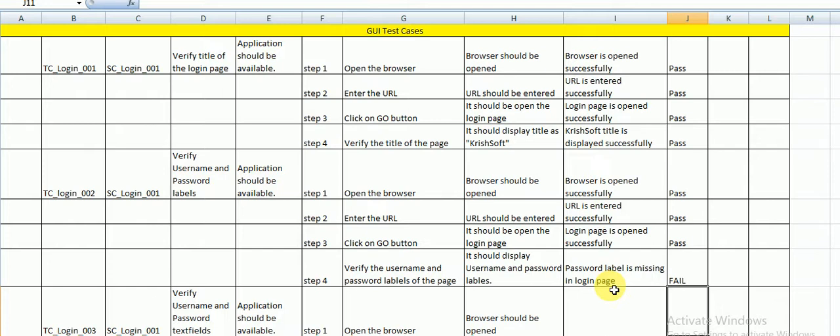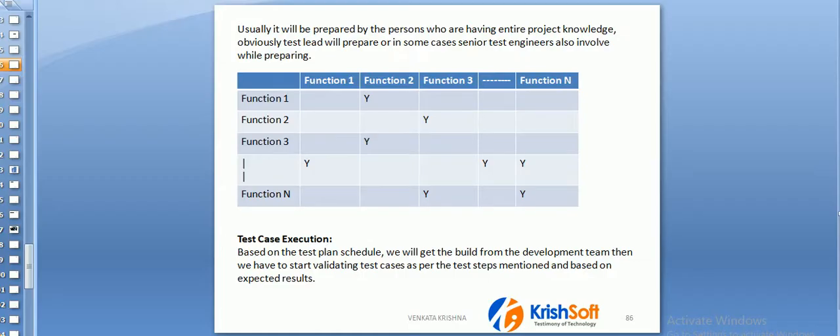One thing you need to remember: test execution you can perform only on the application. Whatever steps you have written, you are going to perform all these steps on your application. With your eyes, you are going to verify whether it is working or not, whether it is displaying or not, whether the functionality is meeting the client requirement or not. If you are not getting the expected result, then the test case is failed. So that is about test execution. Perfect. Test execution is fine.